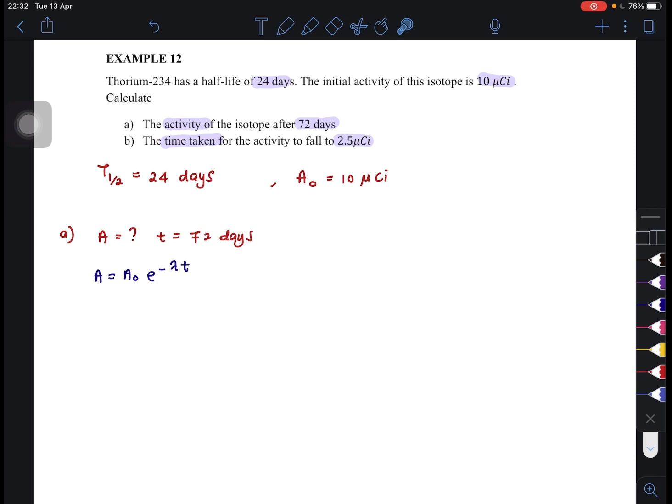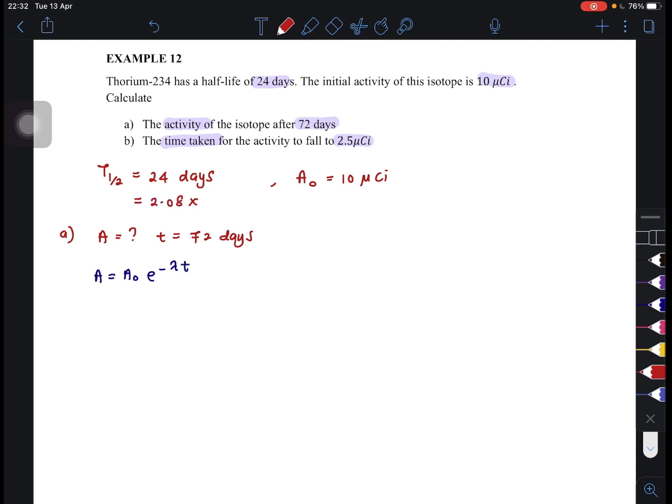Okay, so in order to find this A, we need to have the value for A0, which we have here, and then the decay constant, which we don't have, so we need to find this decay constant, and then the value for T, which we have here. Okay, so first of all, we need to convert first. So kena convert dahulu kepada SI unit. So half-life convert kepada SI unit